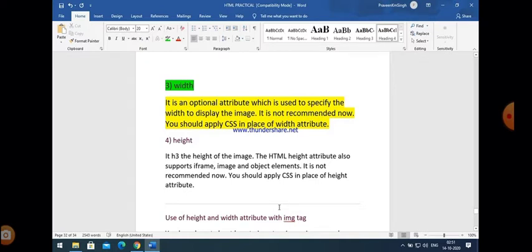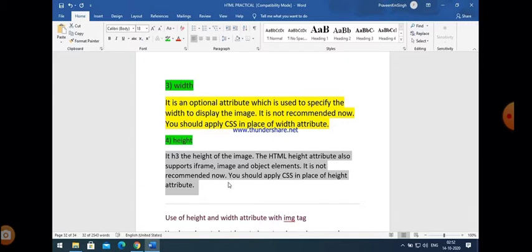So we use the width and height attributes to define the width and height of the image, and using these two attributes we apply the restrictions of an image, that is, how the image takes an area of your web page.